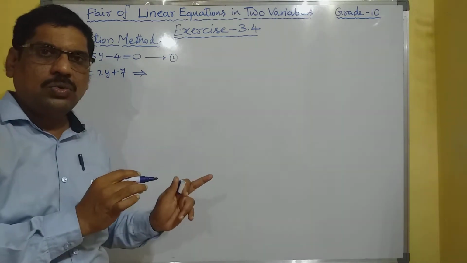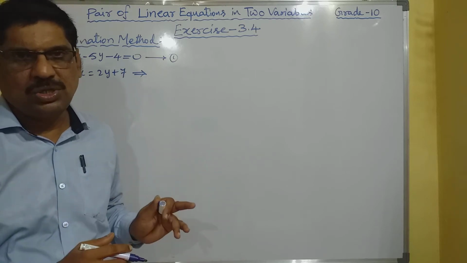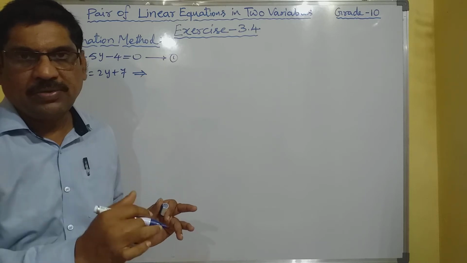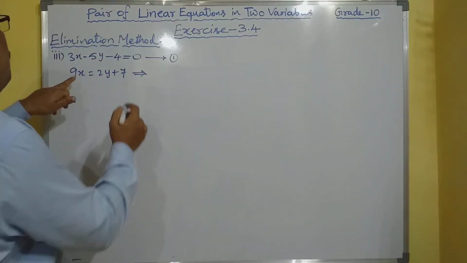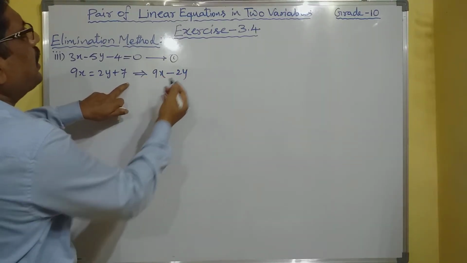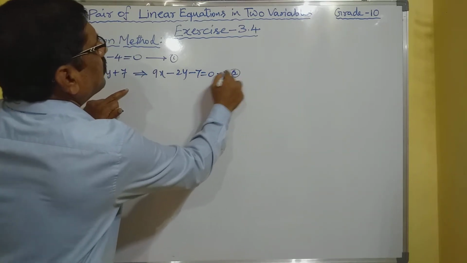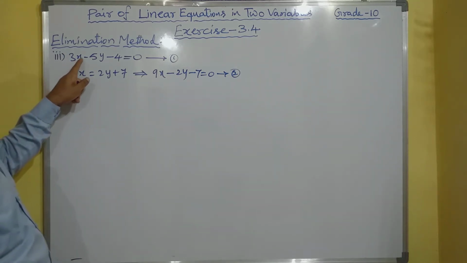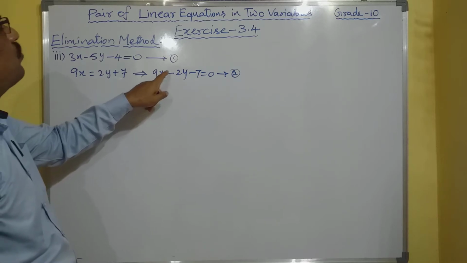In order to convert into the form ax plus by plus c is equal to 0. Why? Because the general form of a linear equation is ax plus by plus c is equal to 0. To convert into that form, let us take 2y to the LHS, we get minus 2y, and 7 to the LHS, we get minus 7. Now let us take this as the second equation. Now observe, the first equation is 3x minus 5y minus 4 is equal to 0. The second equation is 9x minus 2y minus 7